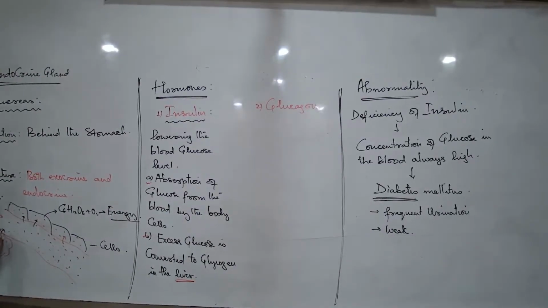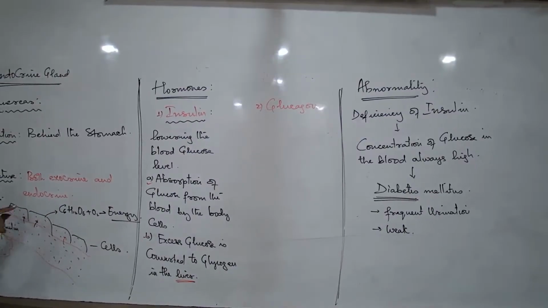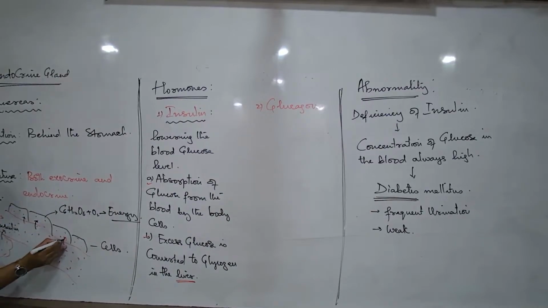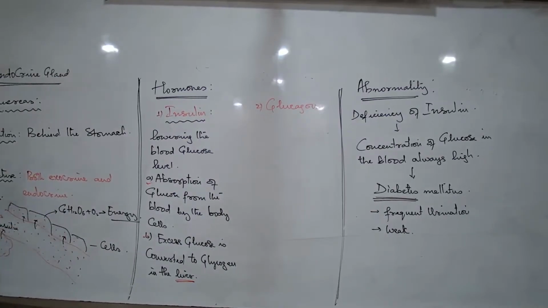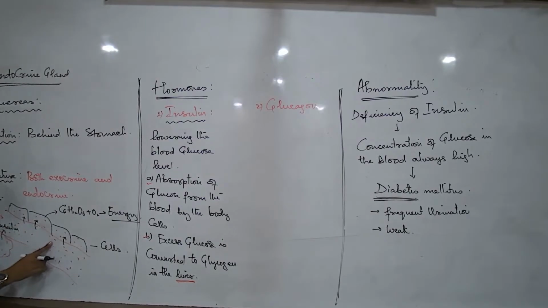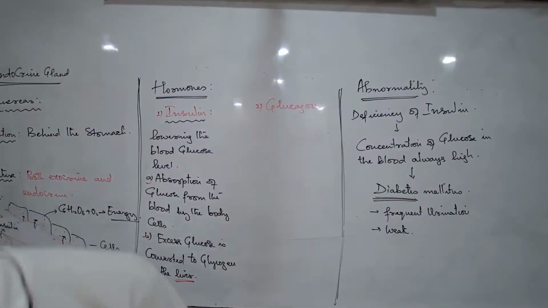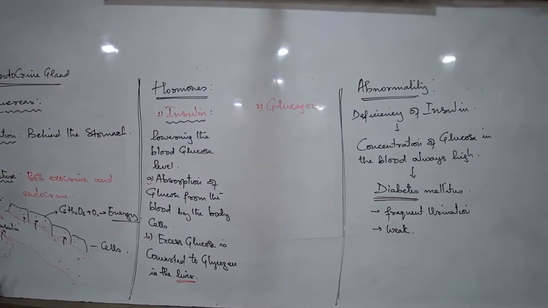What will happen? The hormone insulin will be released. And now insulin starts doing its job. Insulin will take all the body cells and allow absorption of all the glucose. So under normal conditions, when insulin is released into the blood and this process is going on, after some 2-3 hours, blood glucose concentration is almost becoming low and almost touching the threshold.